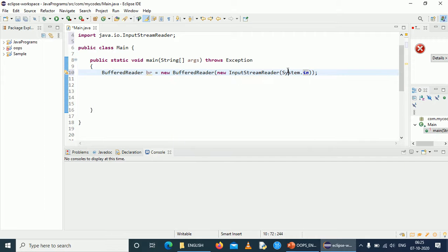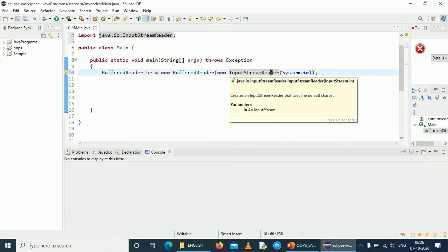Right. So now system.in is nothing but an input stream. So the main task of system.in is that the value entered by the user will be in the form of byte stream. So it will read that value from the user in the form of byte stream and forward it to input stream reader.